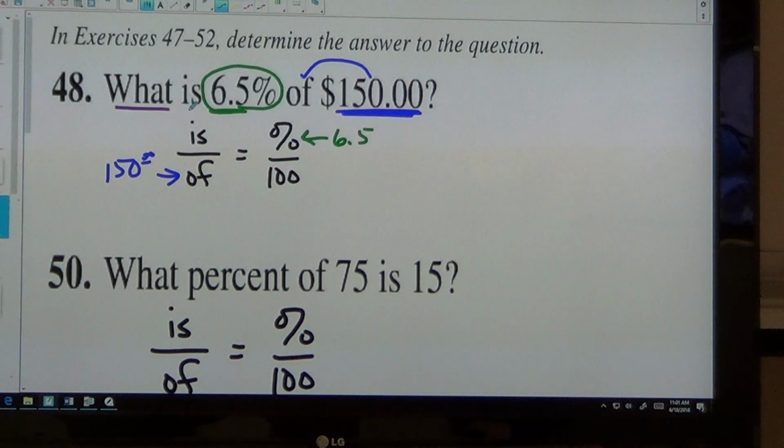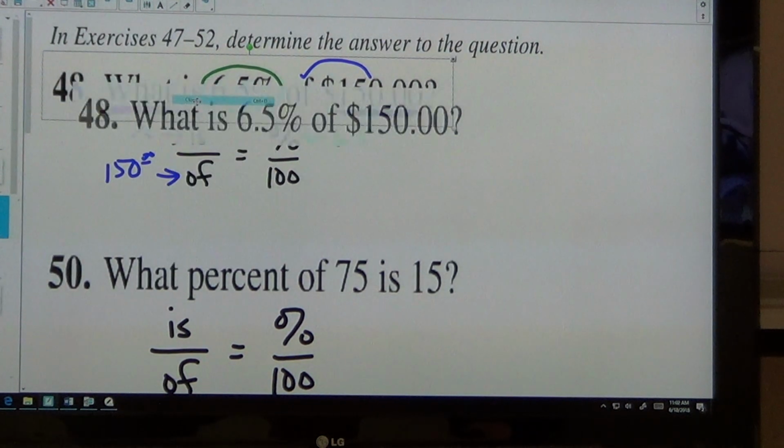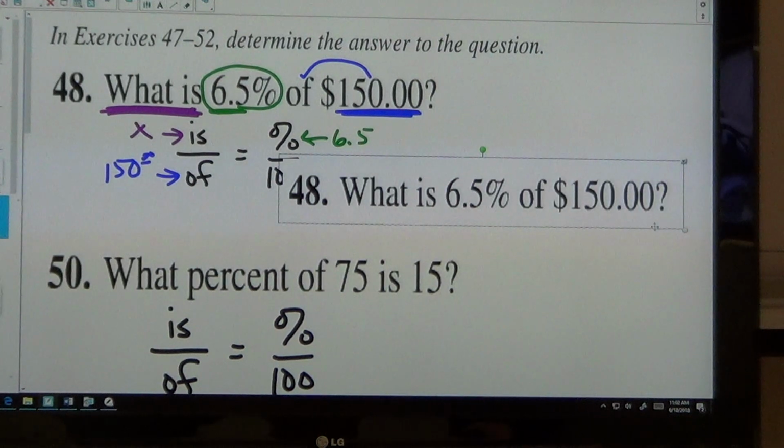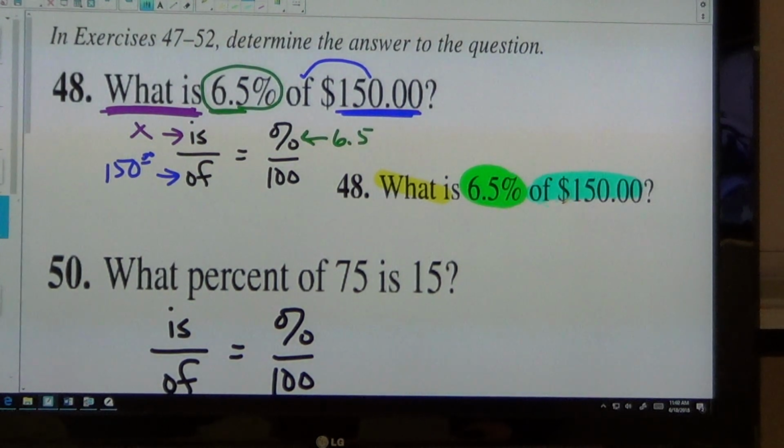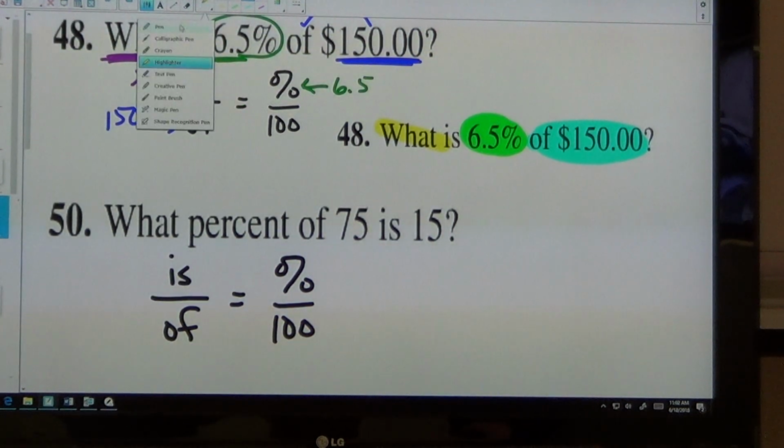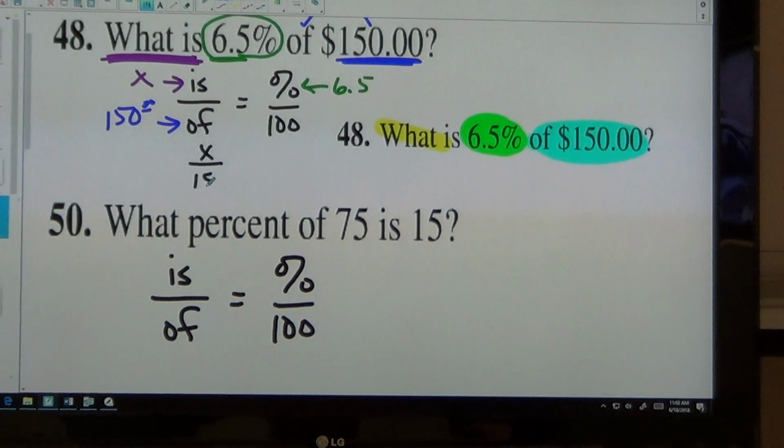Now, what is? That's telling me that my is what I don't know. So when you read it, y'all, if you read it from left to right, just like you read every other English sentence, watch this. What is 6.5% of 150? So your what is 6.5% of 150. Okay? So when I write it, it's going to be x over 150 equals